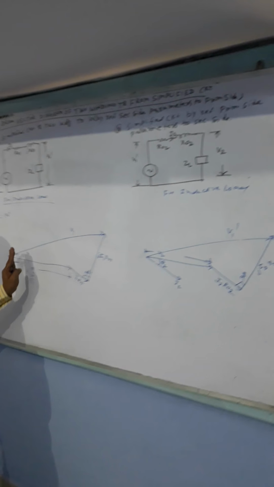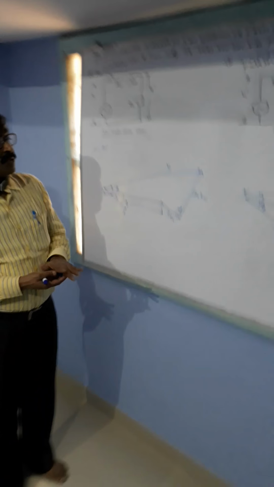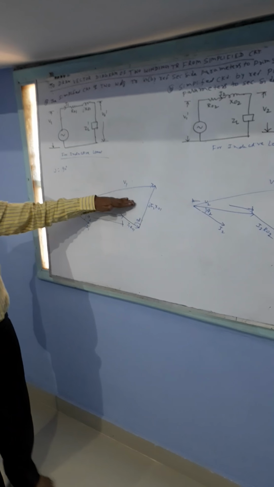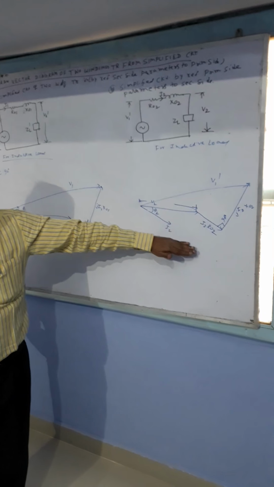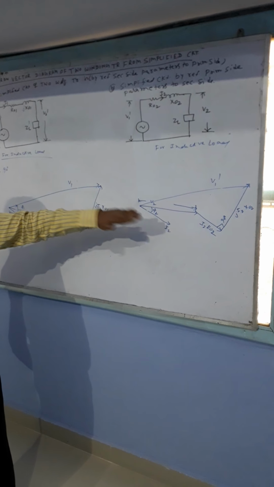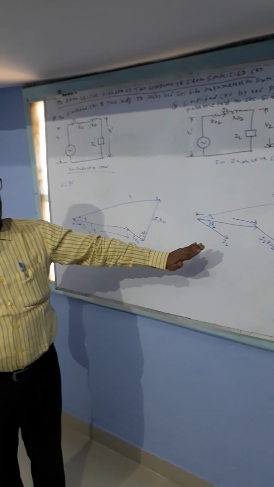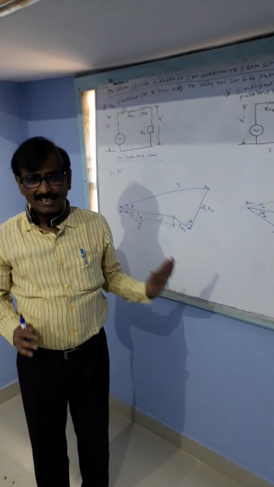These are the methods to draw the vector diagram. From this vector diagram, we can calculate the voltage regulation and many other parameters in a very simplified way